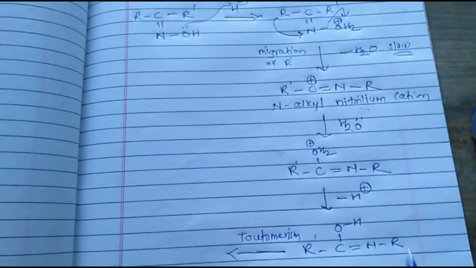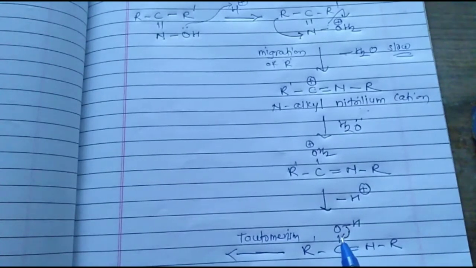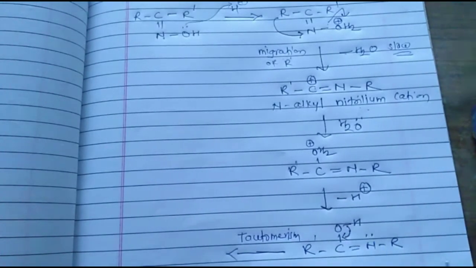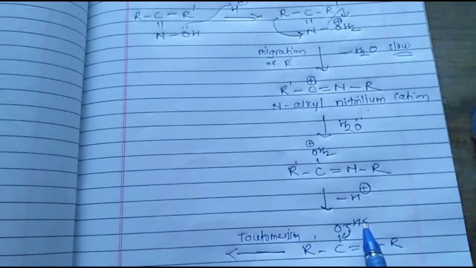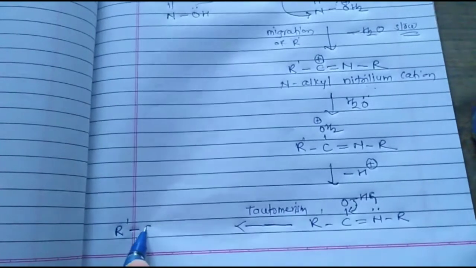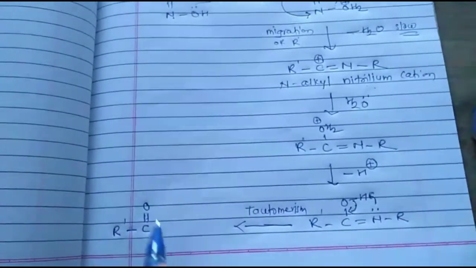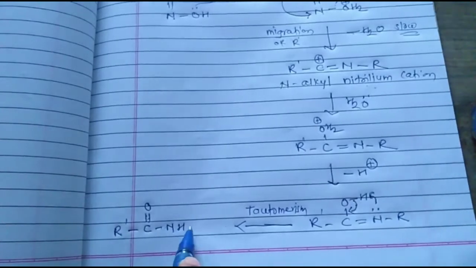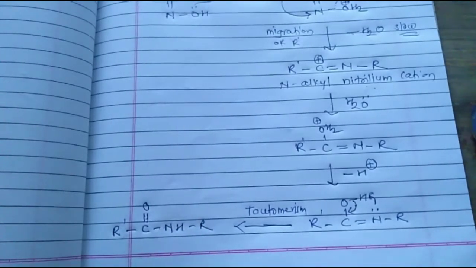Tautomerism takes place. How does it tautomerize? Here this bond is shifted to here. Then what happened? This nitrogen, which has a lone pair, accepts this hydrogen, and there is a formation of what? R'C=O NHR. Okay, this is our amide compound, and this is the mechanism of the formation of, or the conversion